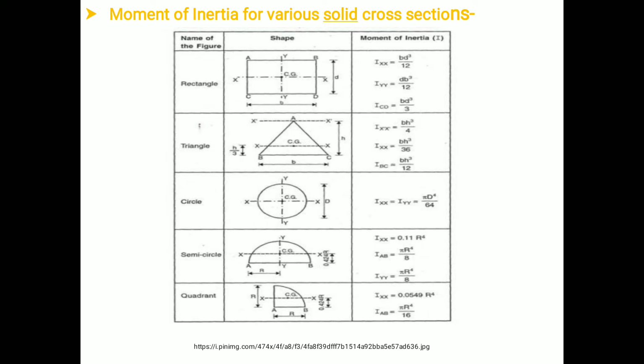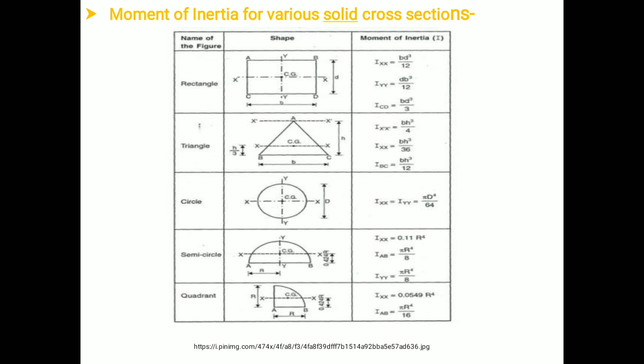Now we will concentrate on the moment of inertia about its base, that is I BC is equal to bh cube by 12. This is all about the moment of inertia for different cross sections and for the lines which are passing through its CG, through its apex, through its base. Now we will concentrate on a circular section. From the figure, consider a circular section which has a diameter d. The x-axis and y-axis both are passing through its CG.